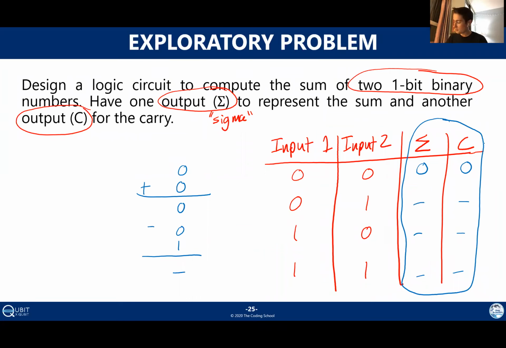So again, you fill out your truth table, you complete these last two columns, and then you look back at all of the logic gates you know and what their truth tables are, and you basically just try to match them. You try to find one that matches the output columns you've written down.